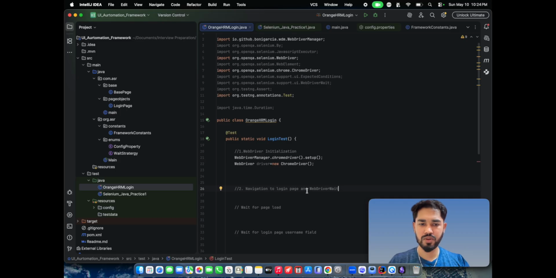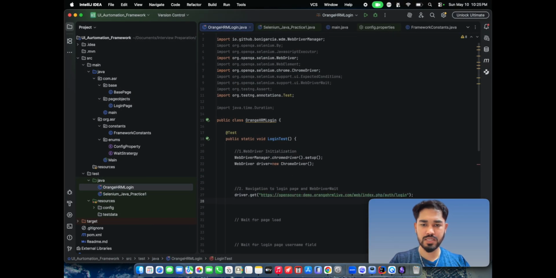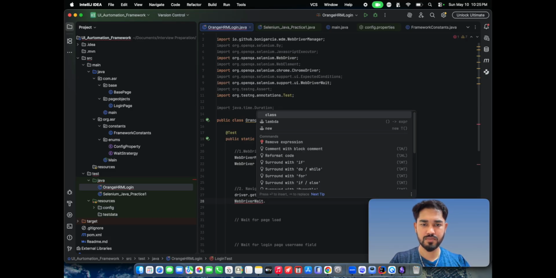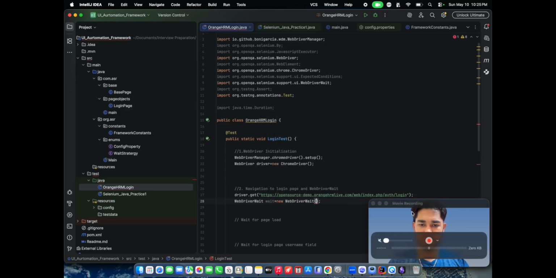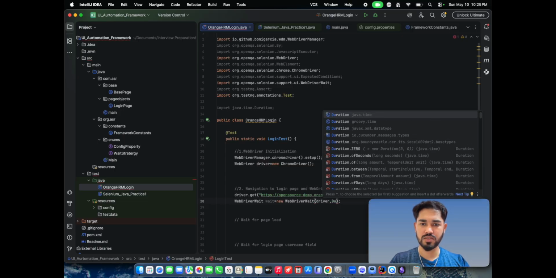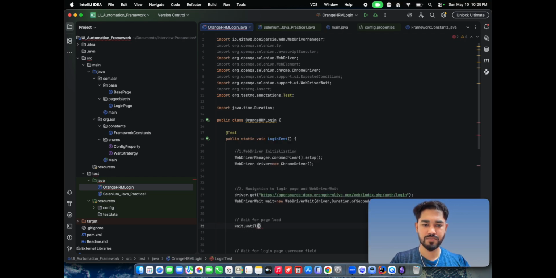Once this initialization is done, we will do the login request get, that login page URL, and once that is done, WebDriverWait wait equals new WebDriverWait with the driver, comma, Duration.ofSeconds. Wait for page: wait.until and web driver new